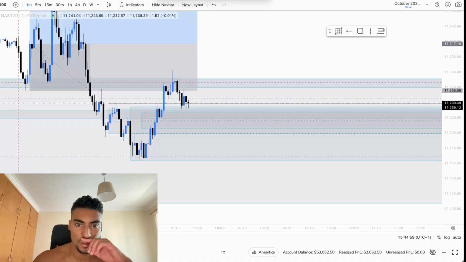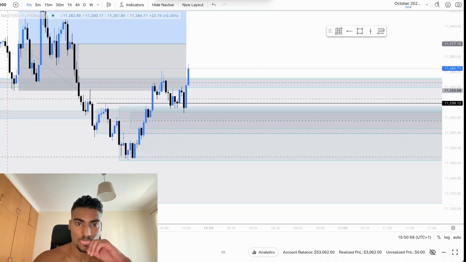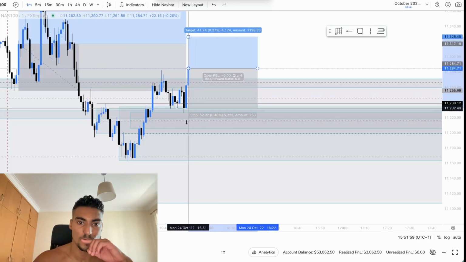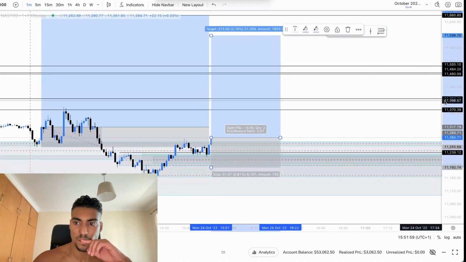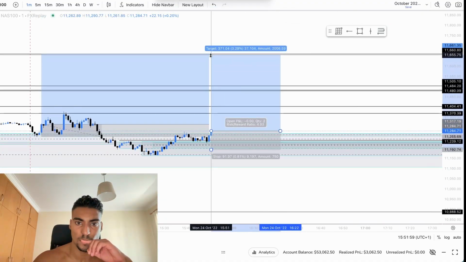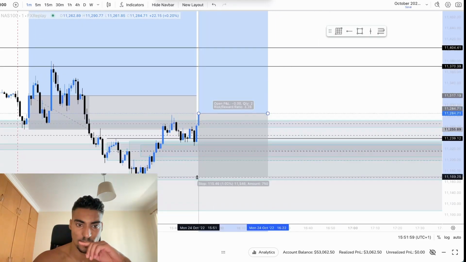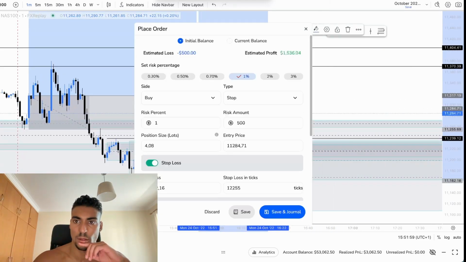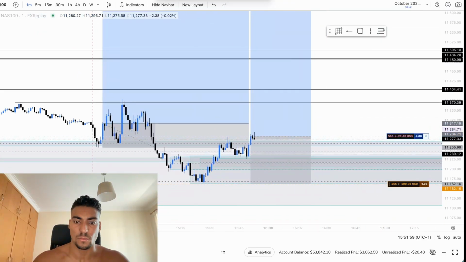Nice, we are getting something. No, I do not want to enter on this, bro. I do not want to enter on this. Same targets, pretty much. Even better risk to reward ratio. I don't think the stop losses were correct, but this stop loss is way too big. But I don't give a shit. Let's go with it. Fuck it. Let's go.